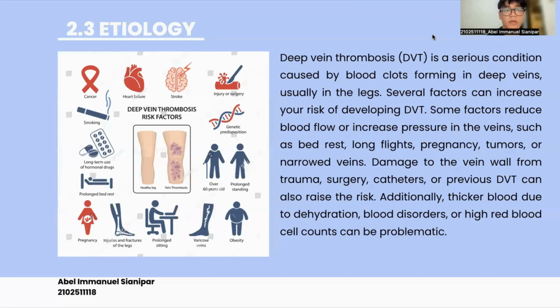Now I'll be explaining about the etiology of DVT. So DVT, or deep vein thrombosis, is a serious condition caused by blood clots forming in deep veins, usually in the legs. Several factors can increase your risk of developing DVT, and some factors may reduce your blood flow or increase the pressures in the veins, such as bed rest, long flights, pregnancy, tumors, or narrowed veins. Damage to the vein wall from trauma, surgery, catheters, or previous DVT can also increase